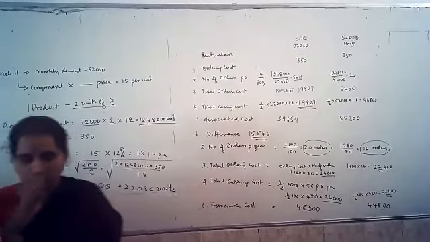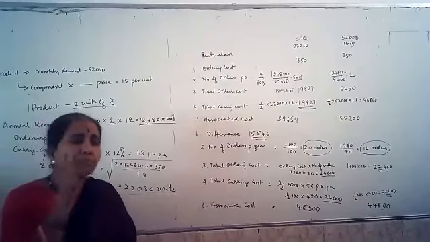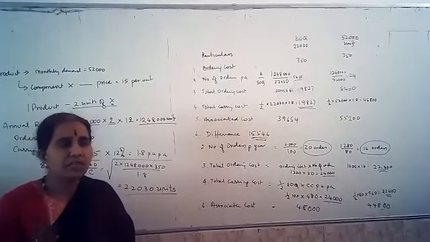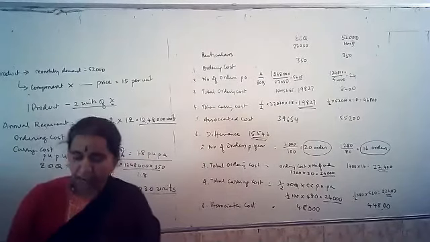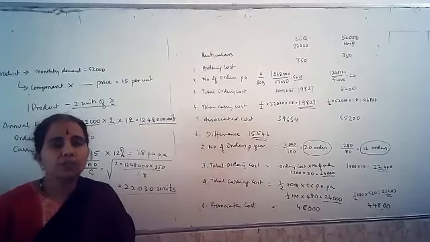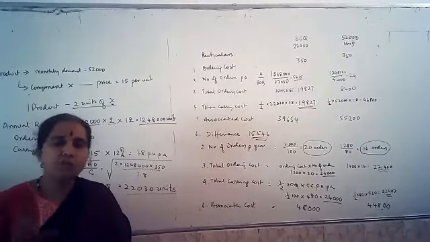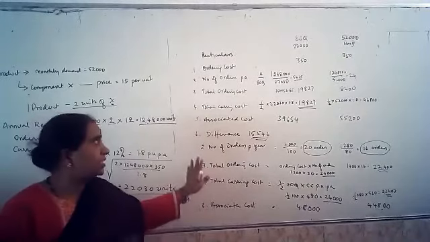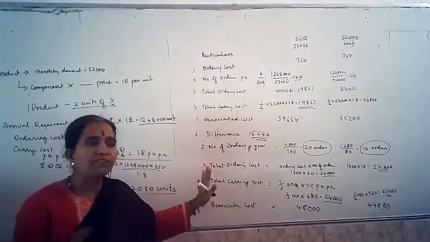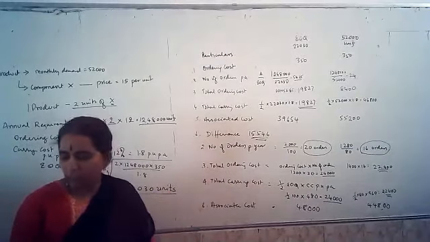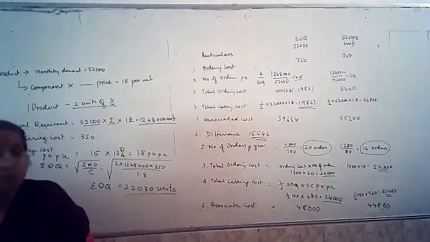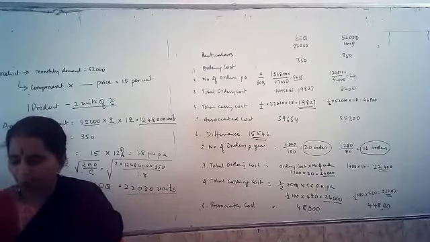They can ask to calculate the ordering cost and the carrying cost and the associated cost, and to find out whether the order should be accepted or the lot size should be changed. They can ask like this, that's all. This is the maximum type of different combinations they can work on to get you to answer the EOQ problem.